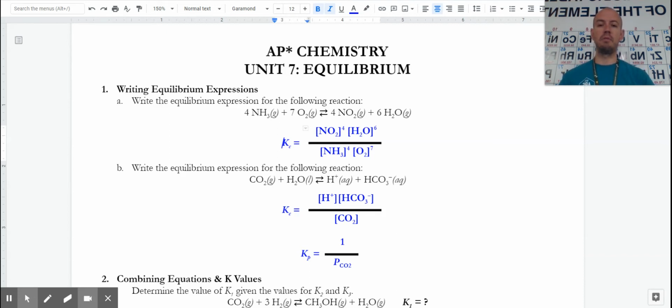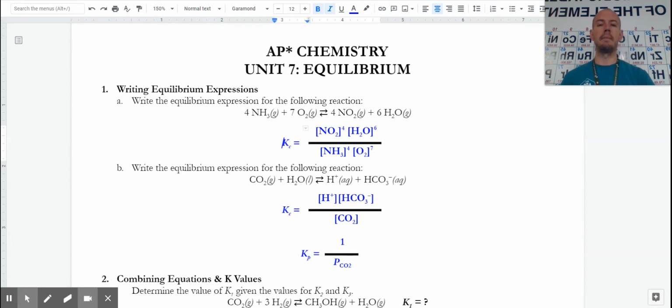In the second example, we've got CO2 with H2O liquid, a little bit different, making hydrogen ion and the bicarbonate ion. So if we're looking at Kc, it's still products over reactants. We can include anything that is aqueous, anything that is a gas. This one would be a little bit tricky in terms of a calculation, and you wouldn't be asked about that